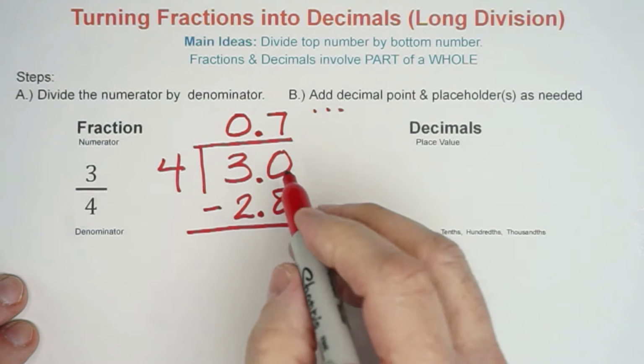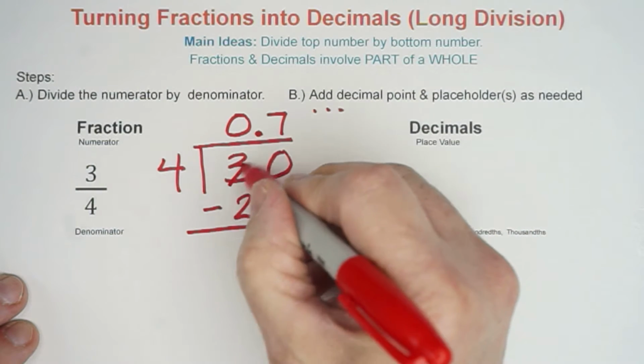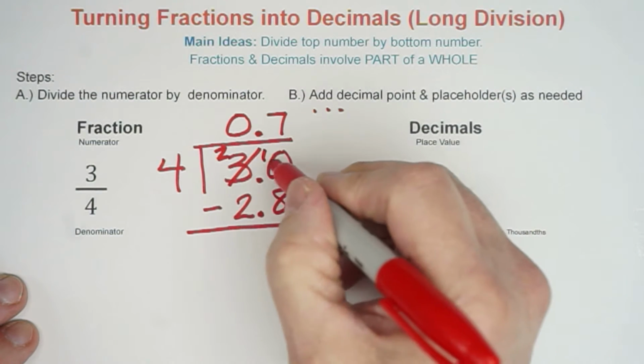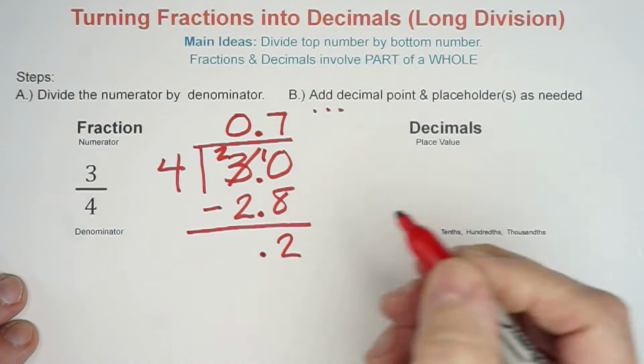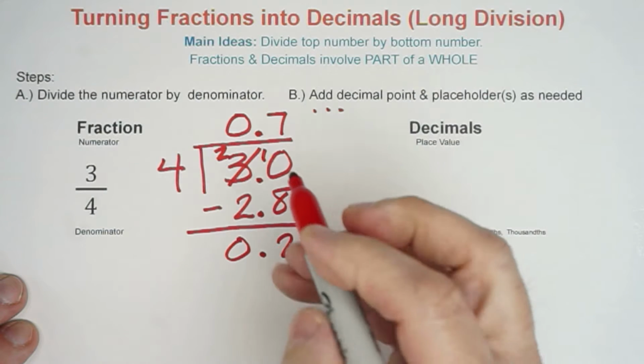If I subtract, I have to regroup, right? And that would be 10. 10 minus 8 would be our 2. I'm going to put my decimal place here, and that would be 0, right? Okay,